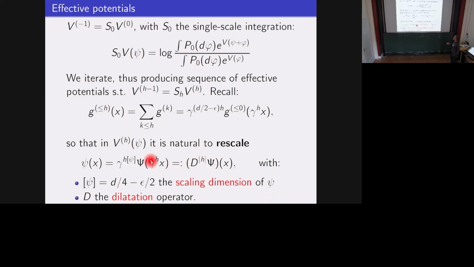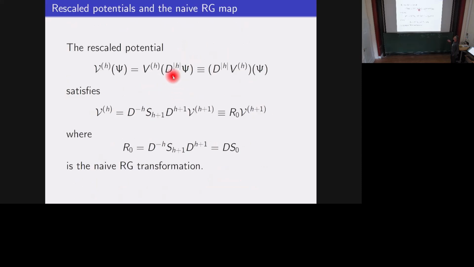This rescaling operation defines what is called the dilatation operator. Okay, so now if you combine the dilatation operator with the effective potential, you get a rescaled effective potential, which lives somehow on the same scale, order 1, as the original